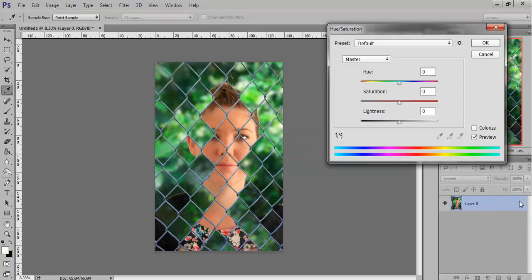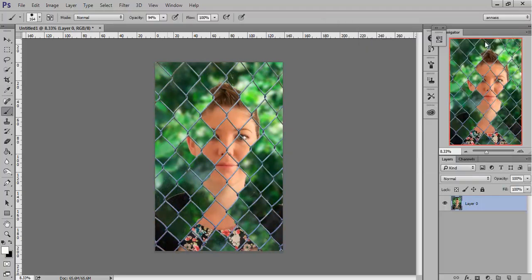I'm just going to click Unlock, and I'm just going to perhaps tweak it a little bit. So if you go, for example, Control U, which is hue saturation, you're just going to add maybe a bit more saturation, perhaps go easy with that. Darker, lighter, you can play around with it. This is pretty good, I think, so I don't need to do too much to it, but you can do a lot. Like you could colorize it, for example, all sorts of things in there. Go OK,